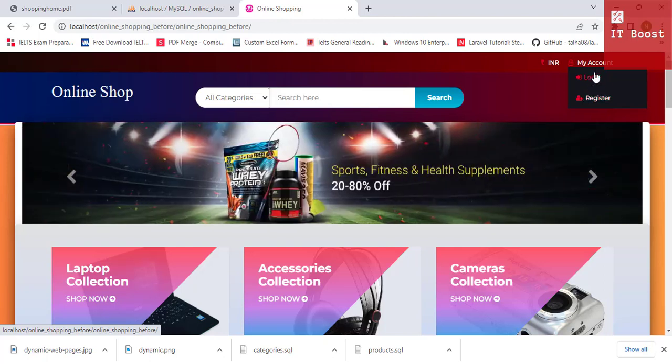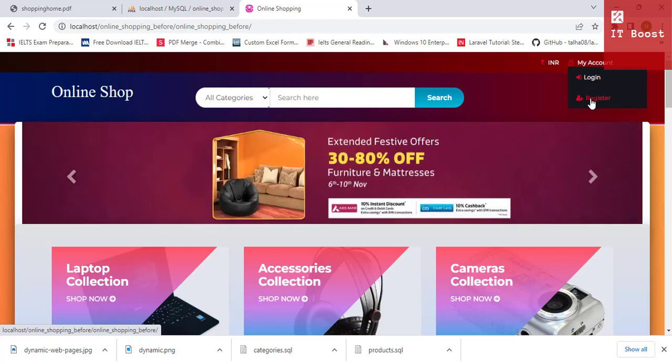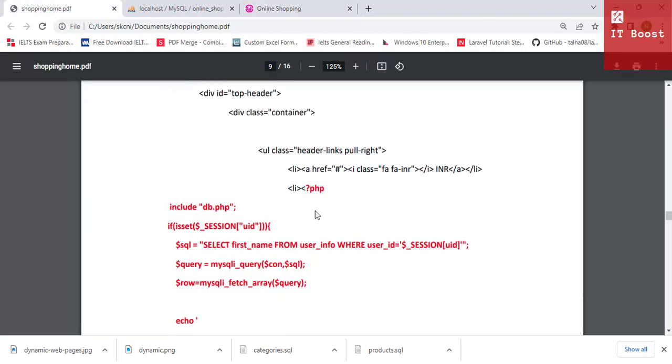Otherwise, it should show it like this. If the user is logged in, login should be changed to logout, and register should be changed to account. So that's why I am going to add this additional PHP code here,